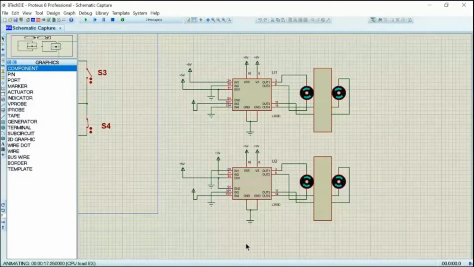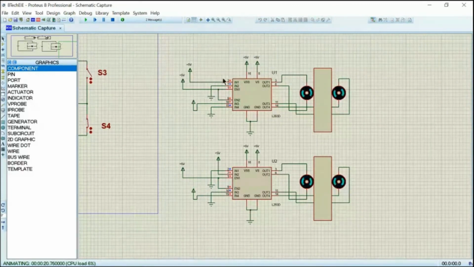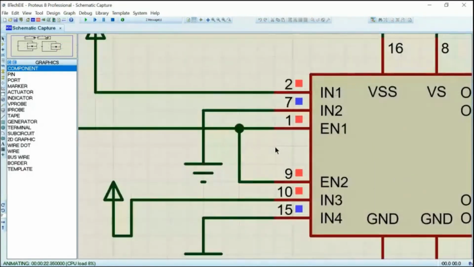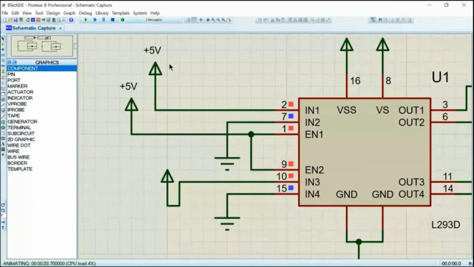But the problem here is, every time we cannot go and change the circuit, and then you pull this wire and connect it to power supply, and you take this wire and connect it to ground. All those manual ways of doing this are time consuming, and it is not the efficient way.